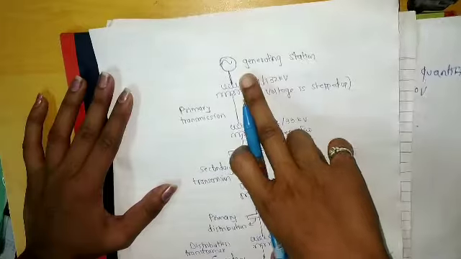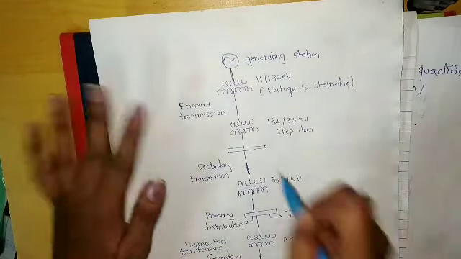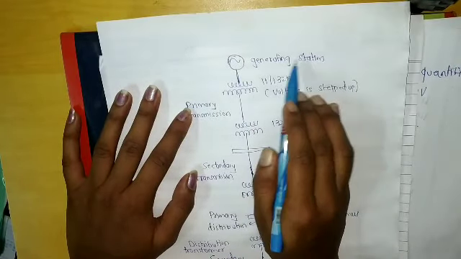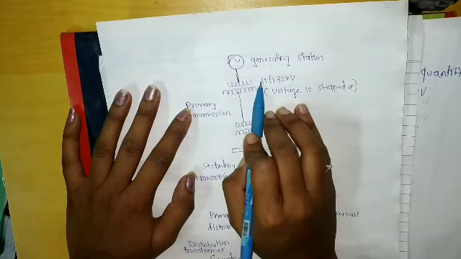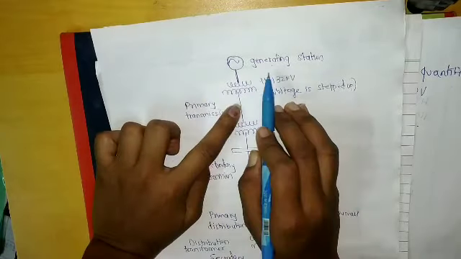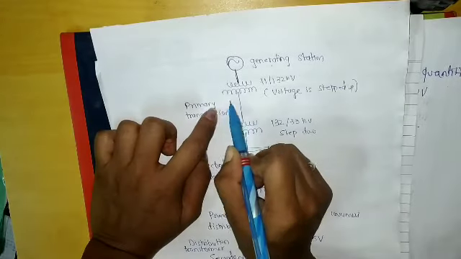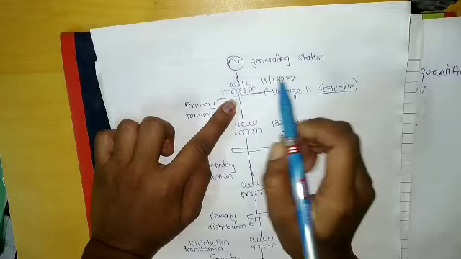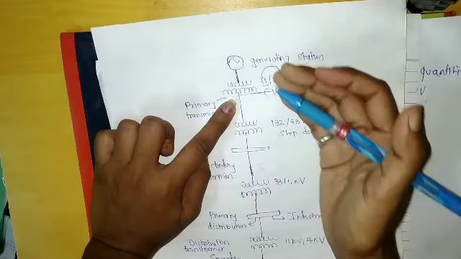So in between there is some process, as we know, step up and step down transformers. Here is the generating station. What happens in generating stations? Electricity is generated. That electricity is at a rating of 11 kV, right? Now first, this 11 kV is stepped up with this first transformer. So 11 kV is converted to 132 kV, right, it is stepped up.